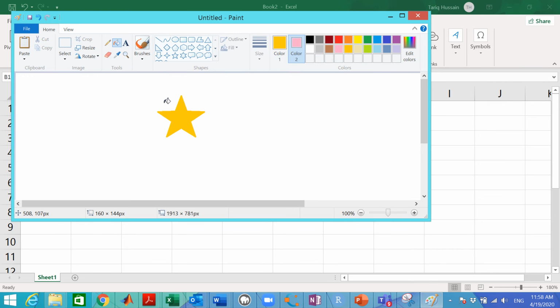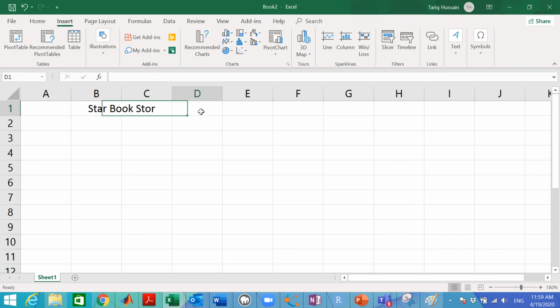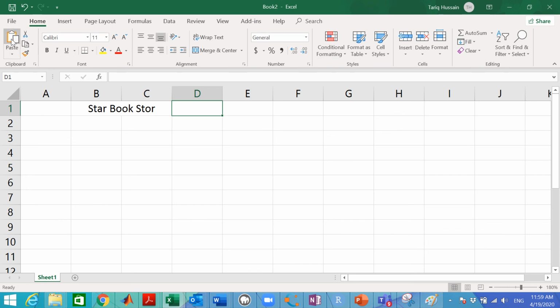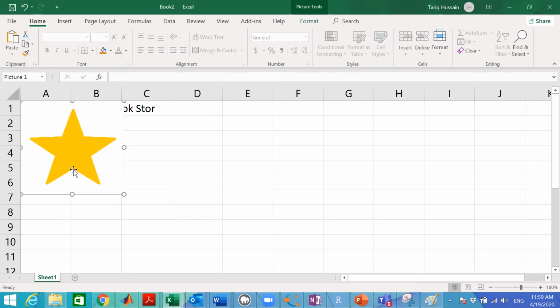Once you have done this, go to Select, click here and select the area. So you have selected the star, and again press copy. Once you copy this, come back to your Excel sheet and paste it. In order to paste, go to Home, and in Home there is a Paste option here. Just click on Paste.